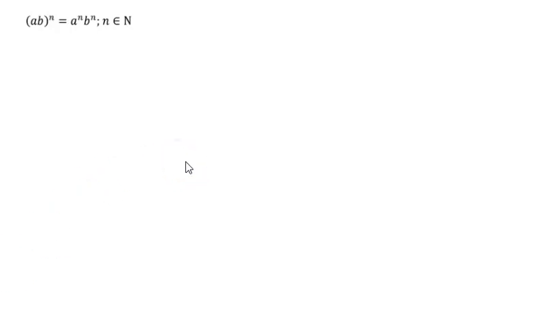The next rule considers different bases to the same power. So we look at, for instance, a times b, which can be 2 times 3 or something like that. Let us write it out first. If we look at a times b to the power of n, then it actually means that we have a times b,